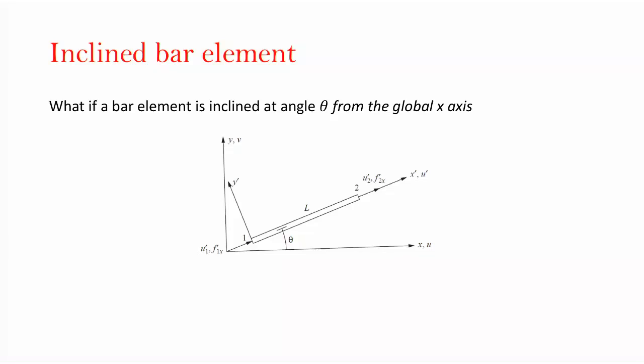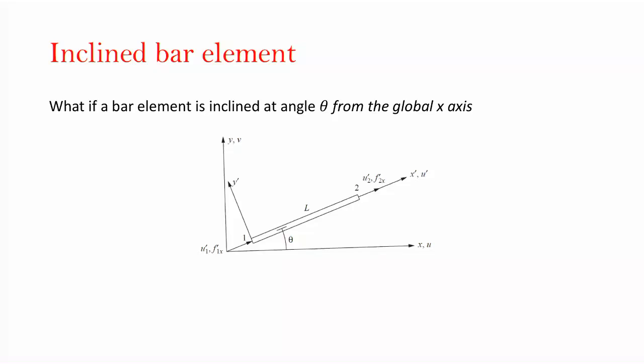But when we want to use it in the global coordinates, then we need to transform the element K-matrix into the global K-matrix. So for example here in this figure, x prime and y prime are the local coordinates, x and y are the global coordinates. So in the local coordinates, we only have 2 degrees of freedom, u prime 1 and u prime 2. But in the global coordinates,